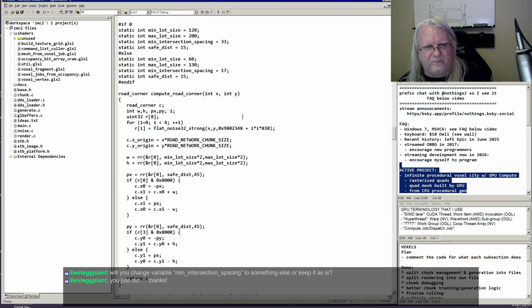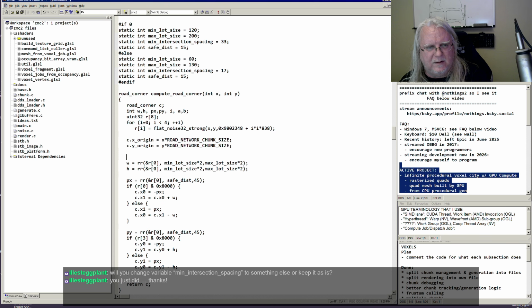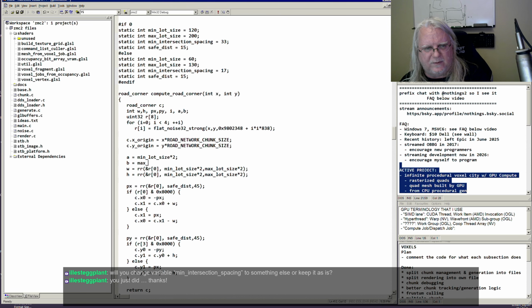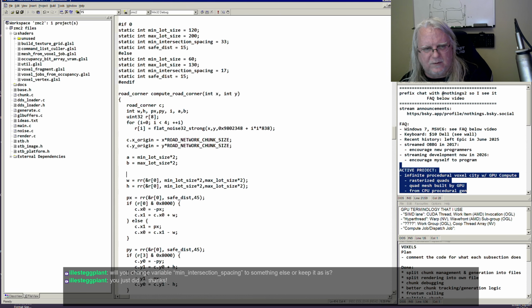A equals min lot size times 2, B equals max lot size times 2, and A equals the smaller of A and